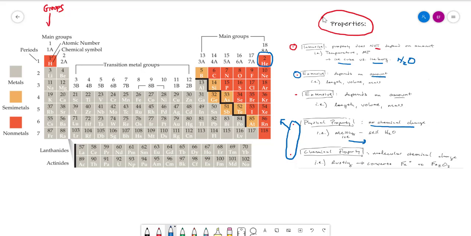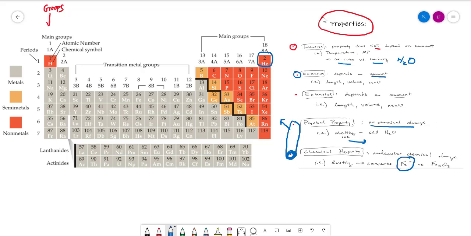That's a physical property or physical change. A chemical property, though, is when there's an actual molecular level change in the chemical identity of a particular substance. And so really that's what constitutes the majority of this class: chemical property changes. A really simple example would be rusting, which we've all probably observed before, where you have pure iron